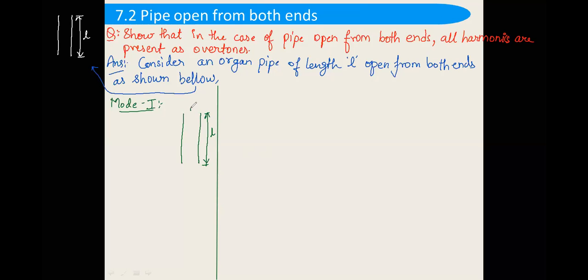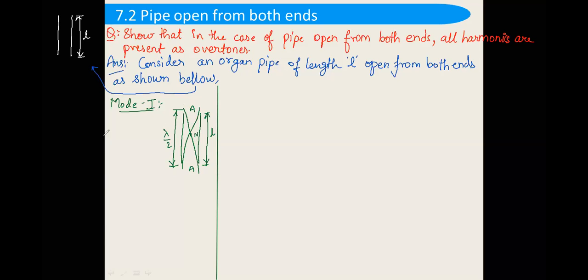So there will be antinodes at these points. Between two antinodes, obviously, there will be one node present. So this is the stationary wave that we observe. How many loops are forming here? Half a loop on the upside and half a loop on the downside, so we have one complete loop. The distance between two adjacent antinodes is lambda by 2, so we can say this is lambda by 2.